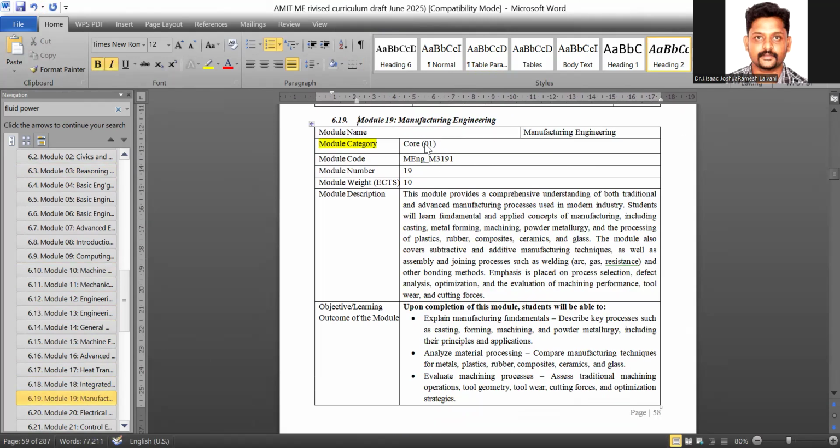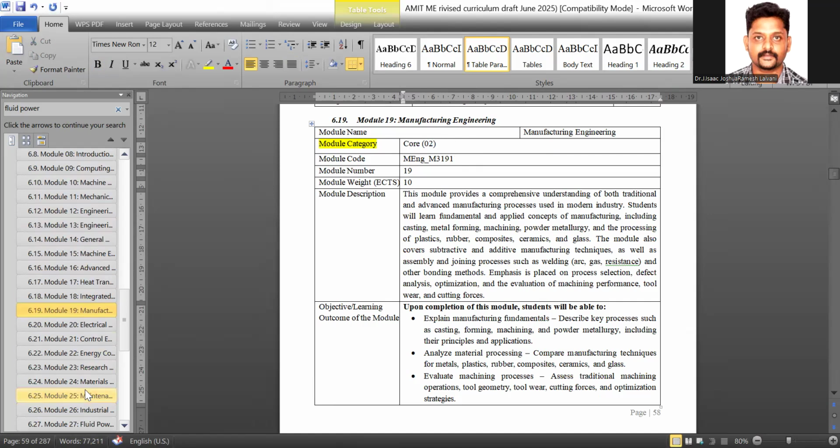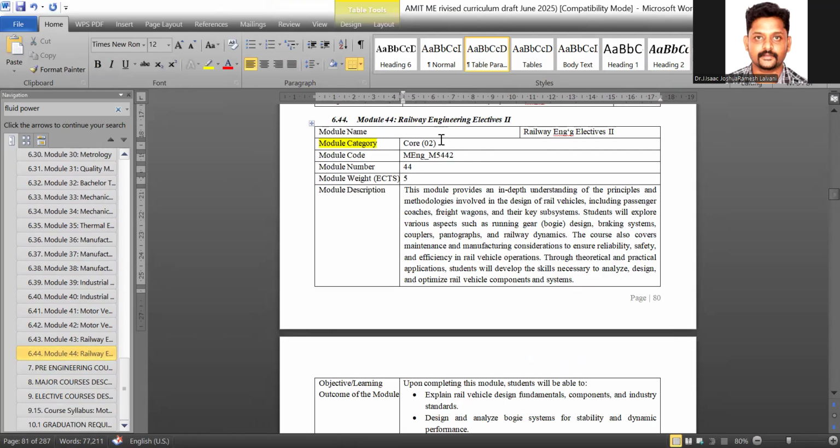Here also you can see it is given module 19 core 1 like that. In the case of core we can make it 2. So basic as 1, core as 2, and again in the case of elective, here you can see elective is also given as core 2. So I'm marking it in red and yellow. You can do it for all the subjects based upon the committee decision, elective 3 like that. So what we can make here is elective 3.